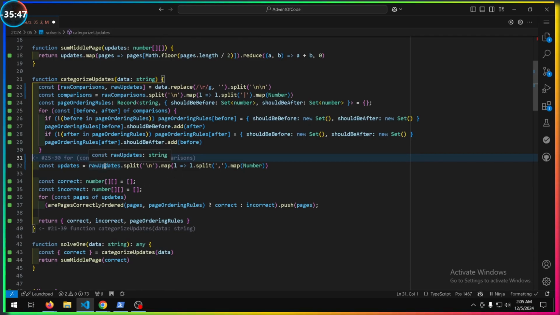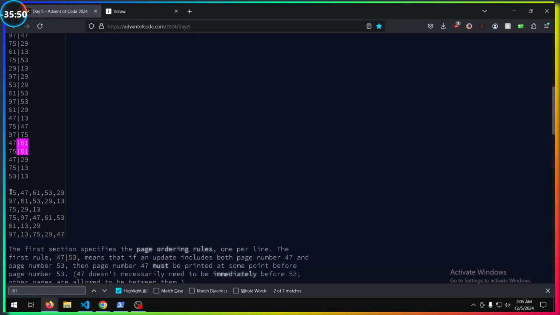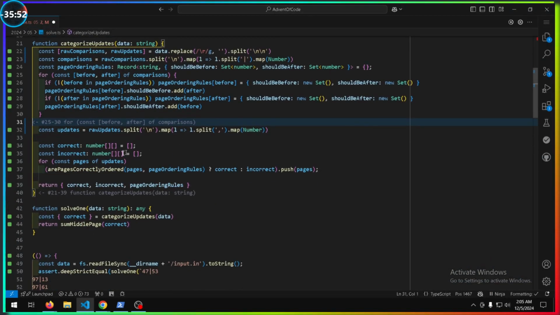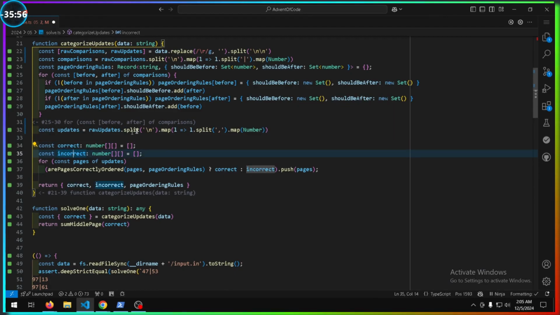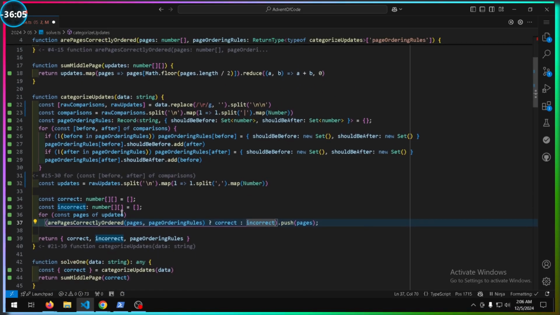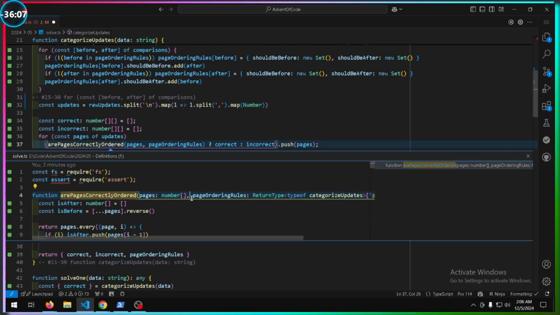And then updates just gets turned into an array of numbers. Then we create a correct and incorrect slot to store our updates, and if the pages are correctly ordered, they're going into correct. Otherwise, they're going into incorrect, which takes us to our next fancy function,